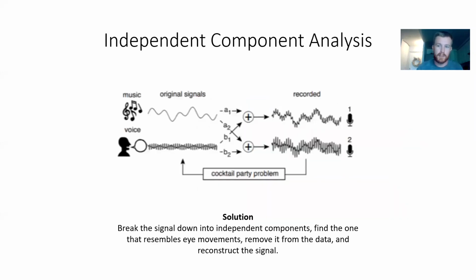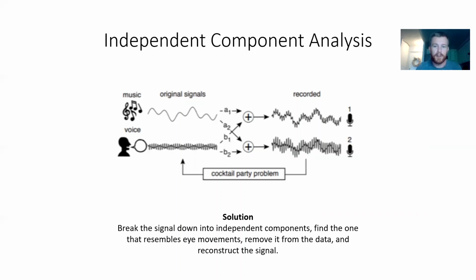All right, so what is the solution using independent component analysis? Well, the way that we go about this is that we want to break down the signal that we record into lots of different independent components or independent sources. And then we want to find those sources that we've just broken the signal down into that closely resemble a blink. And then we want to remove those from the sources and then reconstruct it to get back at our signal. So to make that a little less confusing, I'm going to show the common example that's given with this,